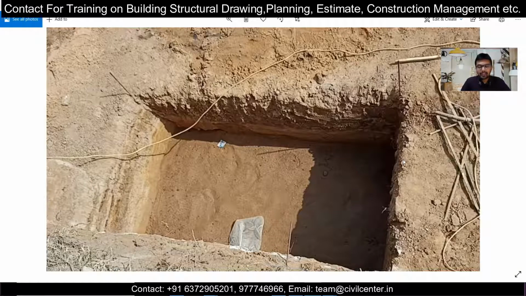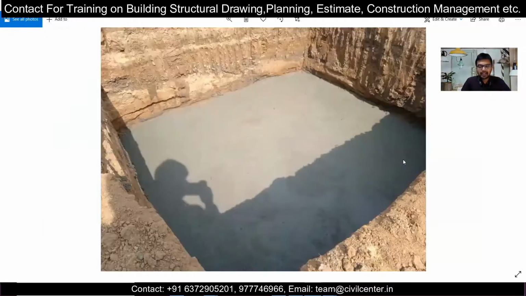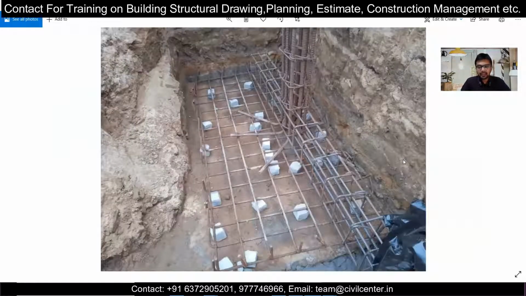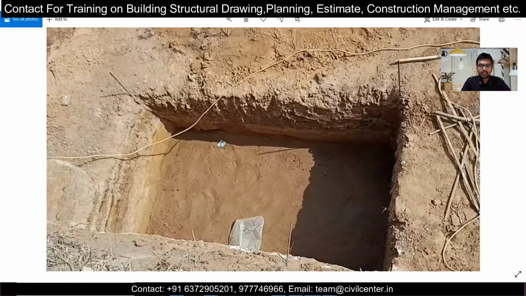But why is this 100 to 150 sand filling done below the PCC? Why is the PCC not enough? If you are wondering what the PCC is, I'll also show you this. After the sand filling, a layer of plain cement concrete in the ratio of 1:4:8 or 1:3:6 is put over, and the surface is made plain. After that, the positions of the columns and footings are marked on it, and then the footing and the columns are placed here. After they are placed, we can go for the casting.